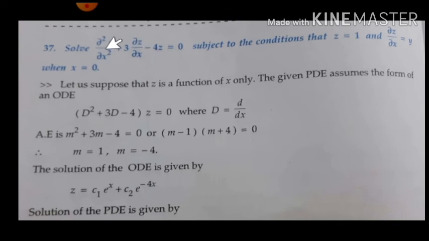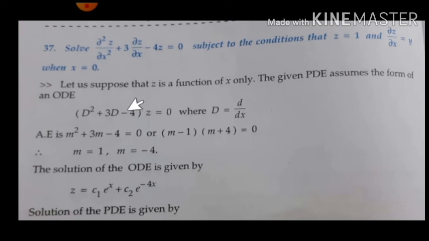Observe that z is a function of only one independent variable. Hence we can convert a given partial differential equation into an ordinary differential equation by assuming z is a function of only x. Hence we write the given PDE in terms of D as (D² + 3D − 4)z